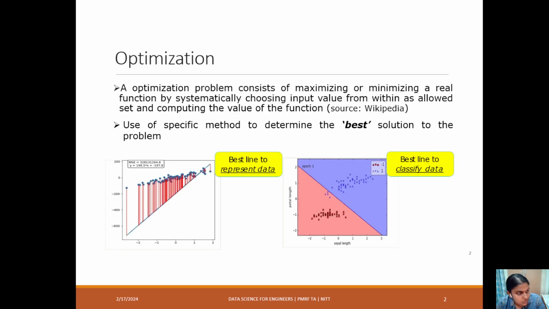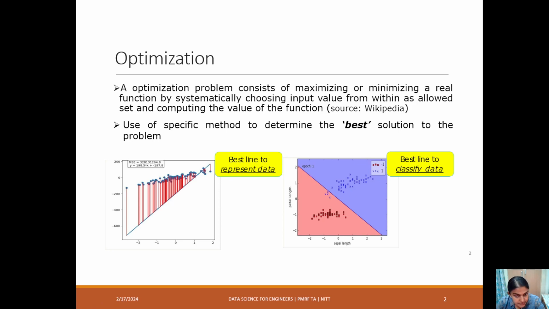The optimization. Okay, so optimization problem, first we look at what it is. It consists of maximizing or minimizing a real function by systematically choosing input values from within an allowed set and then computing the value of the function. Okay, so that is what is usually happening for an optimization problem. The use of a specific method to determine the best solution is often called the optimization problem or